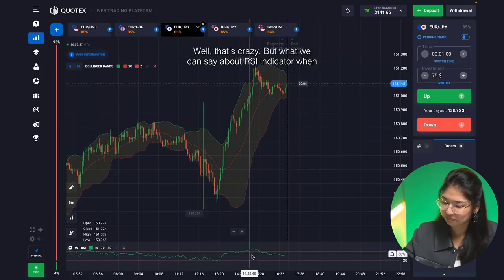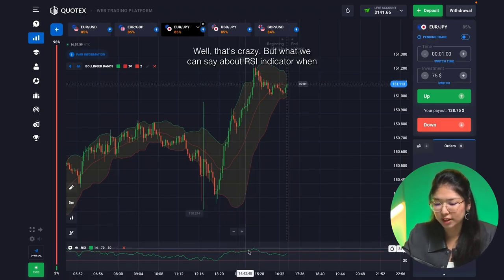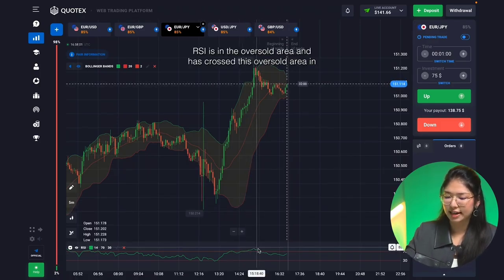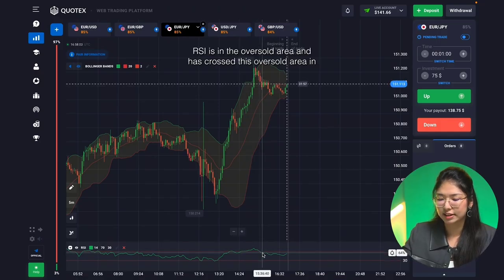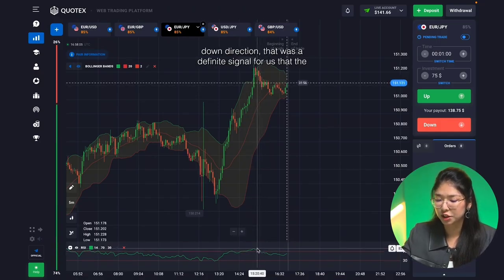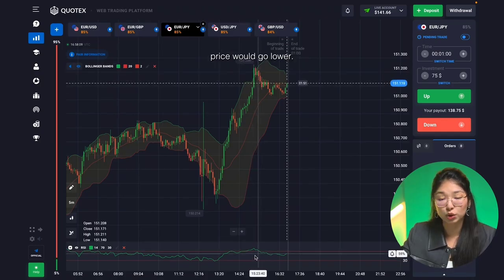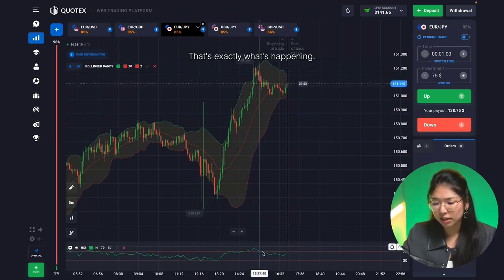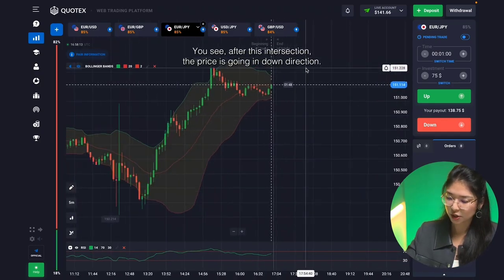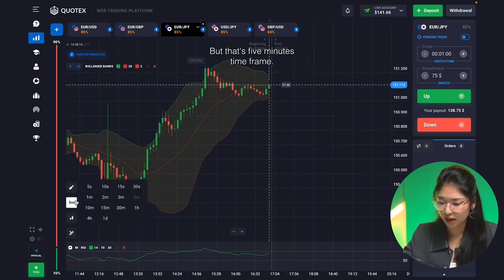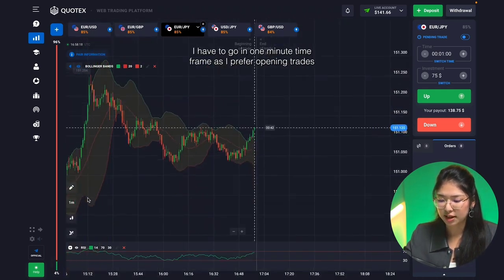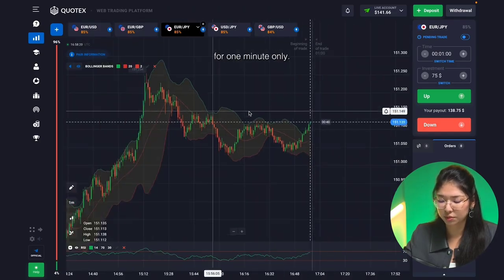So, what we can say about the RSI indicator: when RSI is in the oversold area and has crossed the oversold area in that direction, it was a definite signal for us that the price would go lower. That's exactly what's happening. You see, after this intersection, the price is going in a down direction, but that's the 5 minutes time frame. I have to go to the 1 minute time frame as I prefer to open trades for 1 minute only,